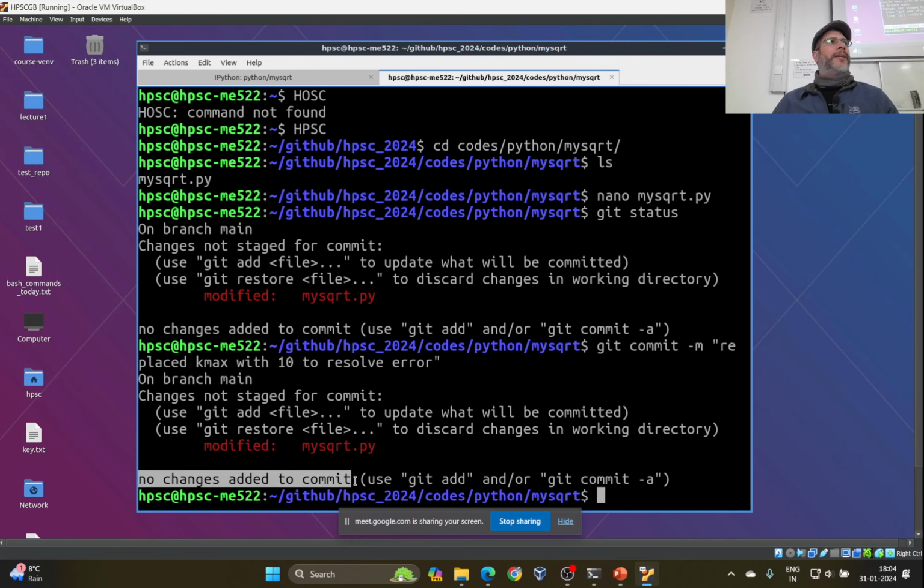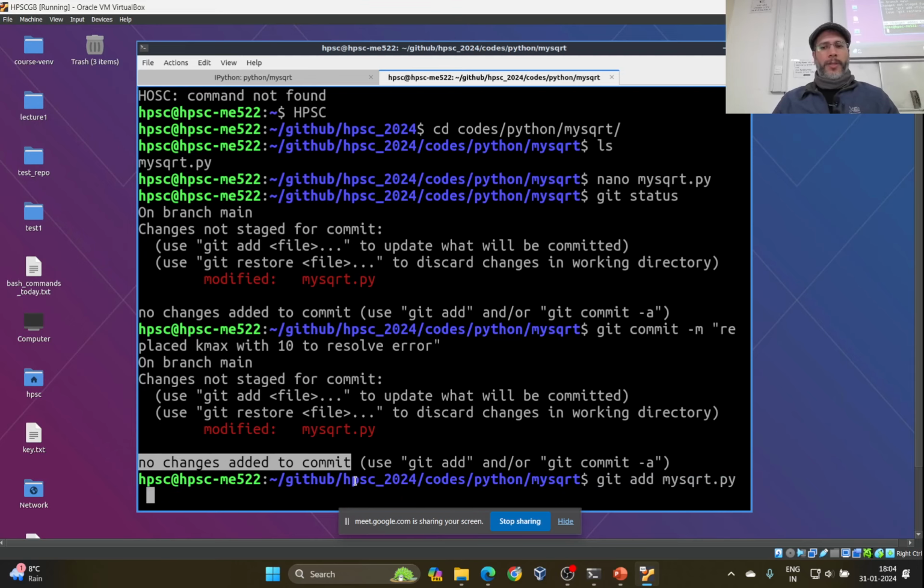So as an added safety feature, you have to add the file that you want to commit first. So for that I have to do a git add followed by the file name, which is my square root.py,